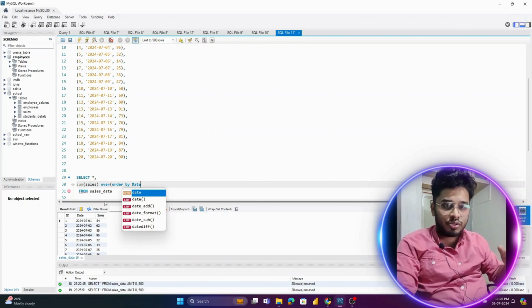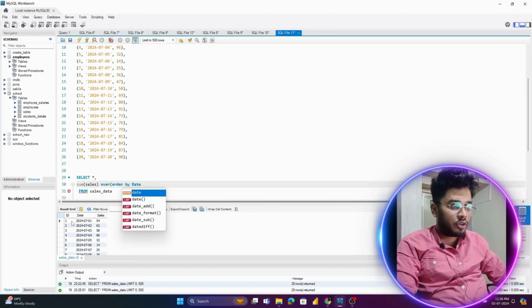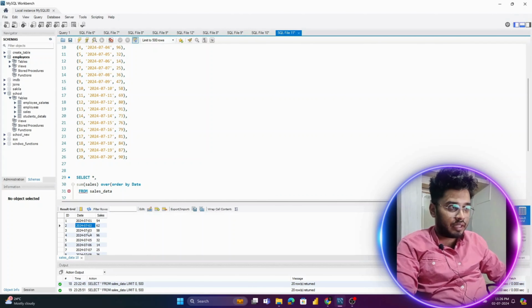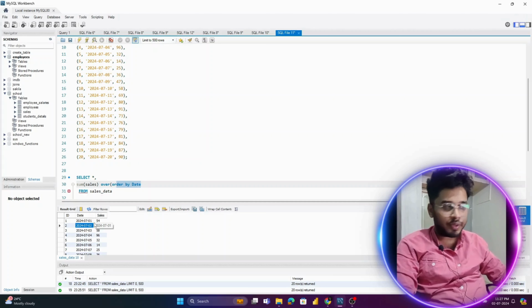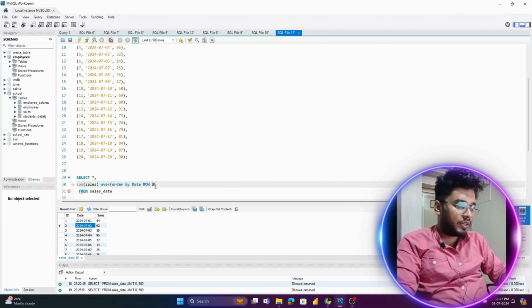Now why we are using ORDER BY, guys, is that if our data is not in a specific order and we are using the OVER clause for rows between, we will not get exactly the average of the last 2 days. For example, if I have 2 over here and then 3 and then 4, like the dates are not in a specific order, and if I'm not using ORDER BY, this won't give me an exact last 1 day or last 2 days average or sum, whatever you're doing. That's why I'm using ORDER BY date, ROWS BETWEEN